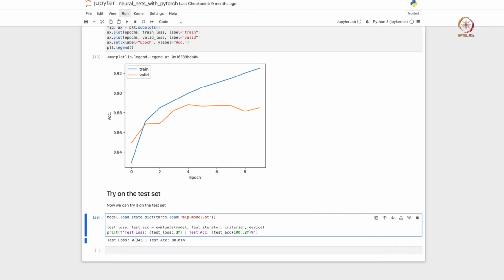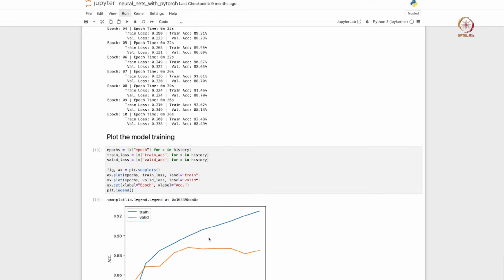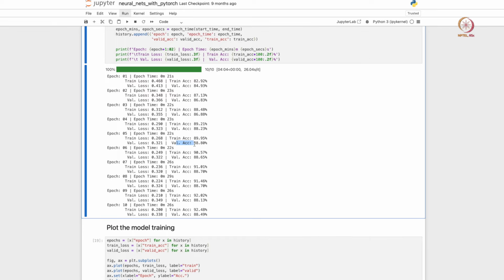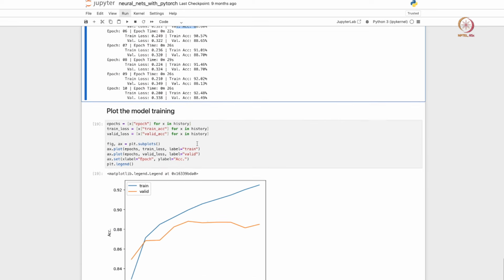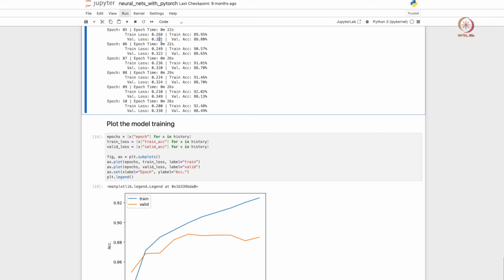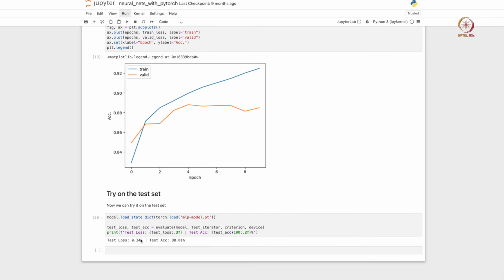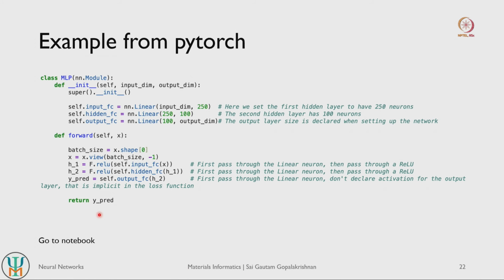and we see that for the best model the test loss is 0.345 and the accuracy is about 88%. If we compare this to the validation accuracy of 88.8, this is about 88.01, so not bad. Validation loss is 0.321, this is about 0.345, so once again not bad. So over a preliminary training, we see that the model has performed reasonably okay, right. That's in short how you build models using PyTorch. So let's get back to our slides and we'll do a quick summary.